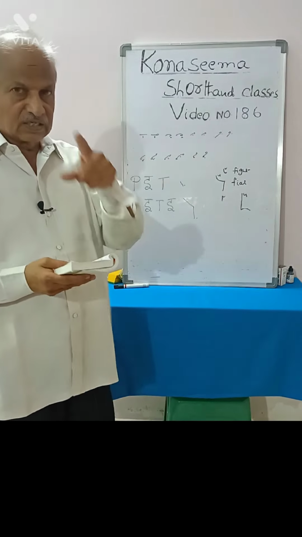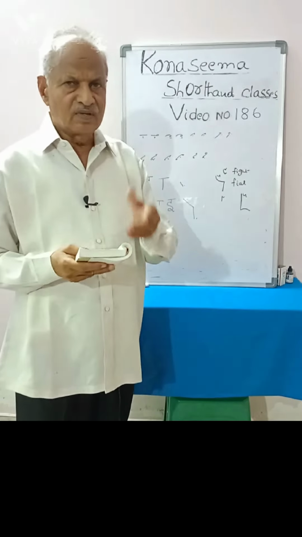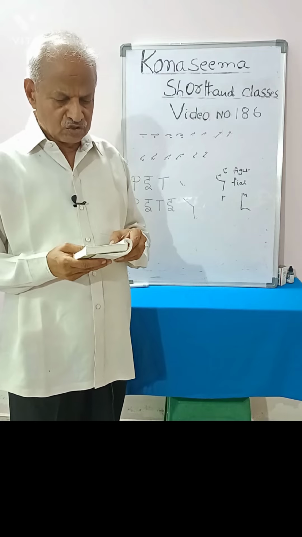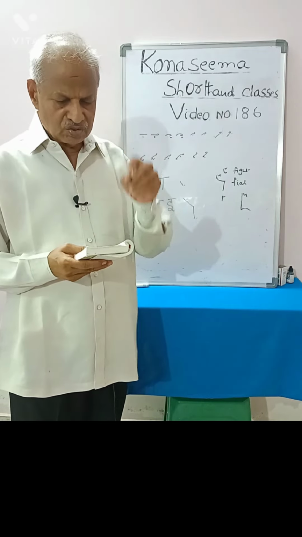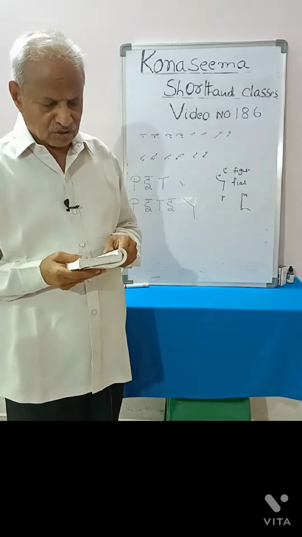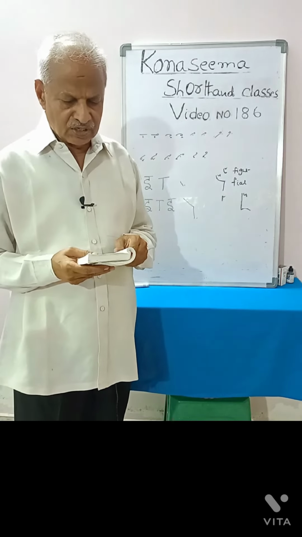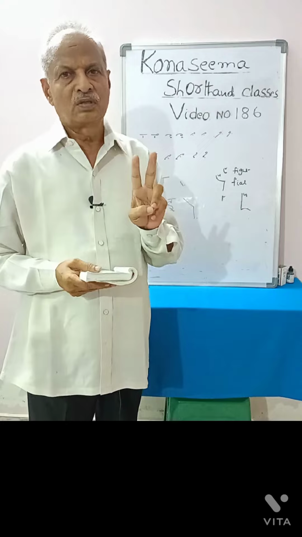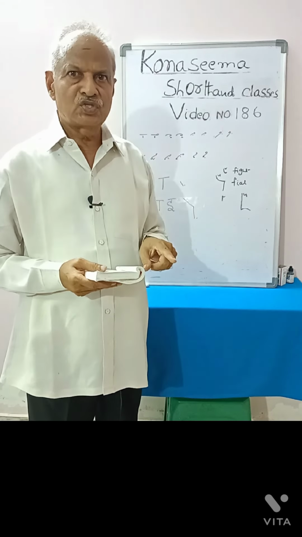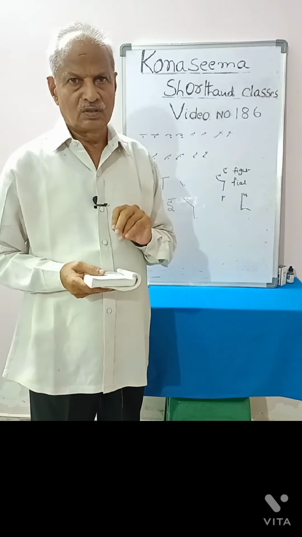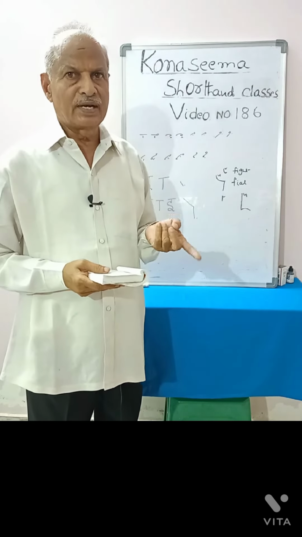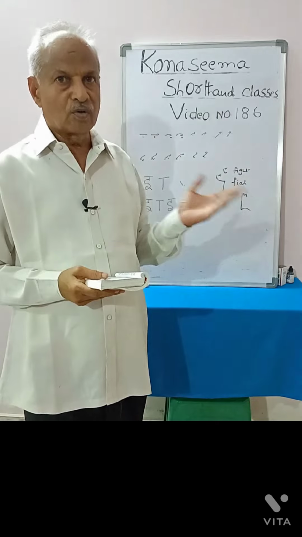Next, 137 para. These are very easy paras. These are half length H. Half length H, when not joined to another stroke, is always written upward. As you know, there are two types of H: one is downward H and another is upward H. When to write upward and when to write downward, we have already known. Now,